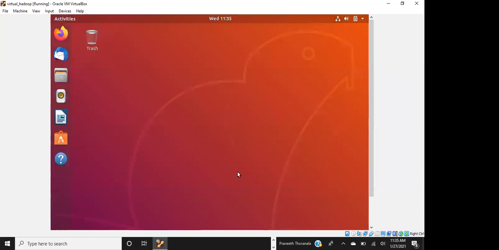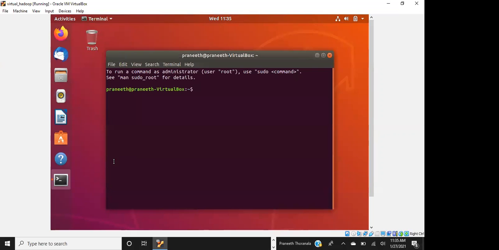Okay. As I mentioned, you can work inside the GUI, or you can connect to this machine via PuTTY. If you want to connect via PuTTY, you need to know the IP address of this machine, right? So generally, just open a terminal. You can use the shortcut Control Alt T, which will open the terminal.